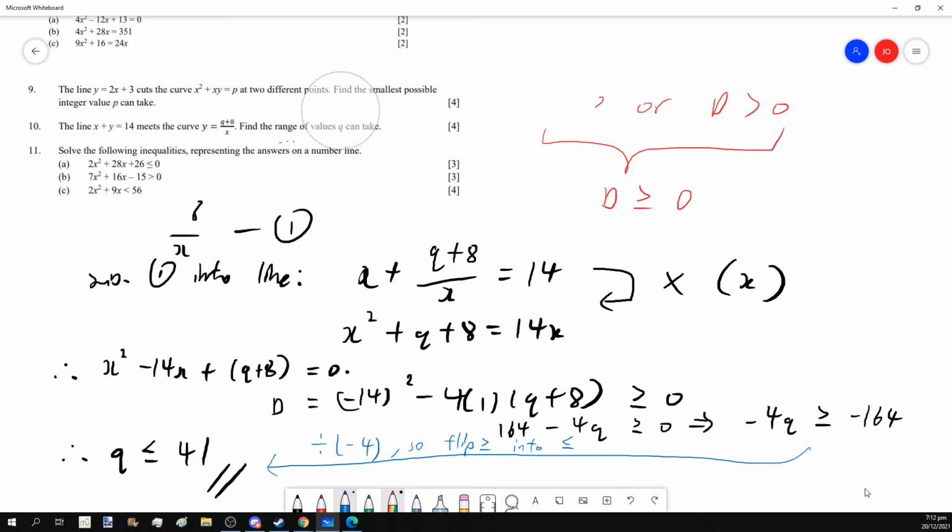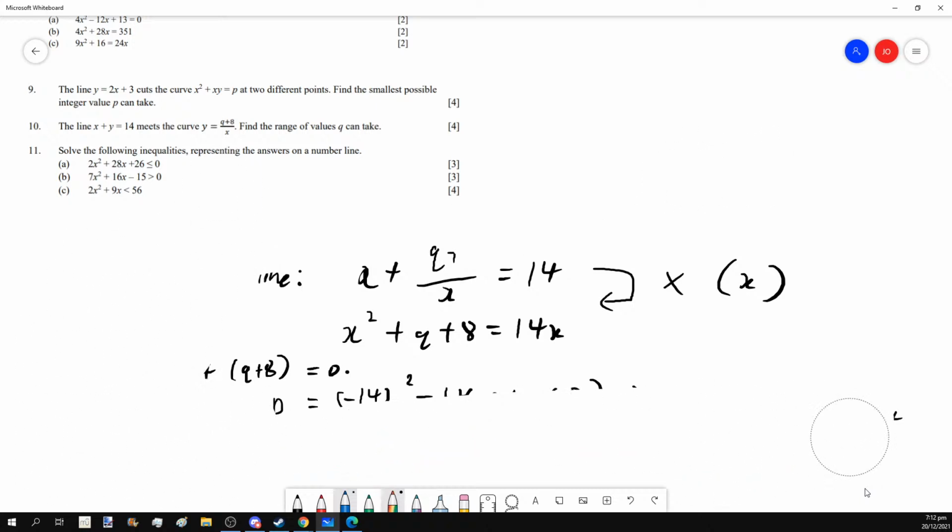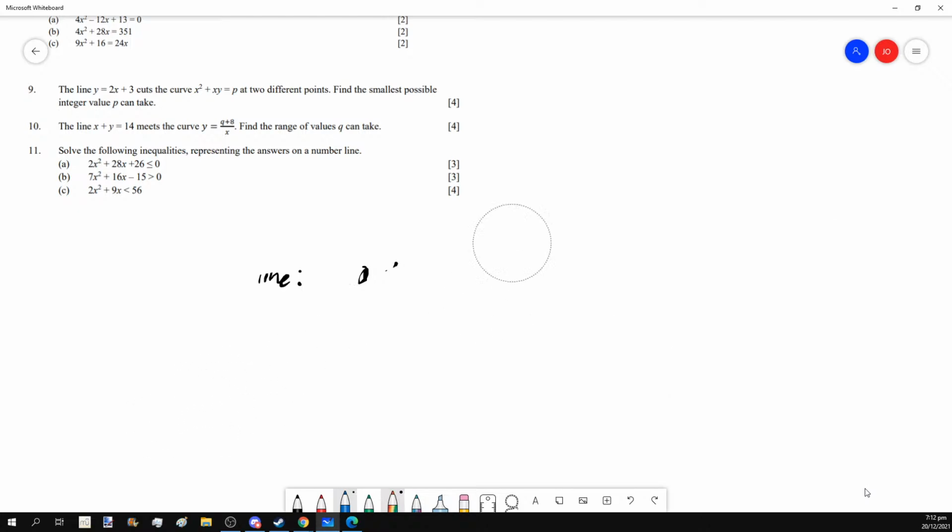Right, so this leaves us with our final problem of the day, and then we will be done. The last problem, question 11, wants us to solve some quadratic inequalities. Notice they're not asking you to prove positive, negative. If they're asking you to prove positive, negative, for example,